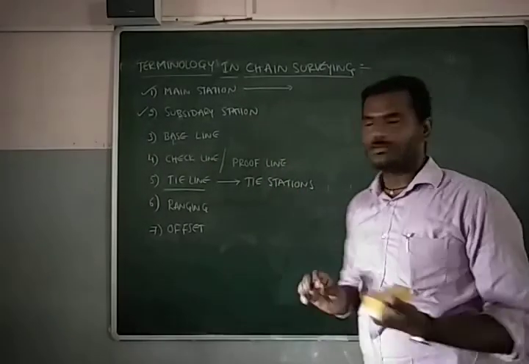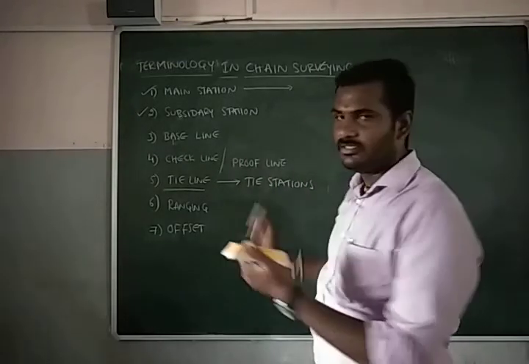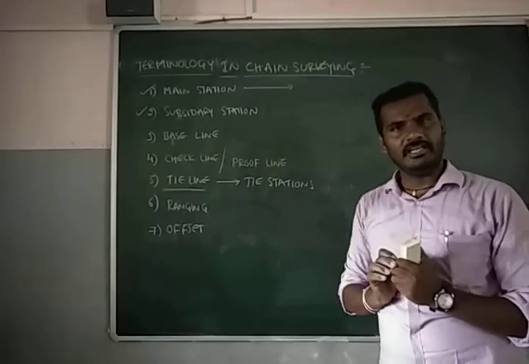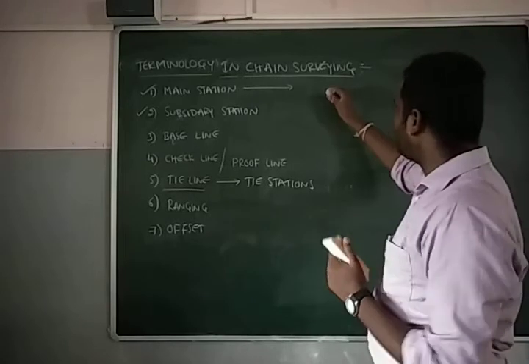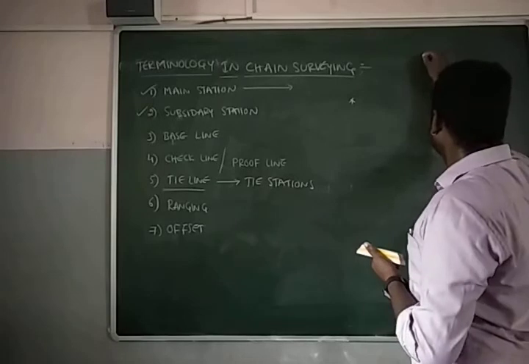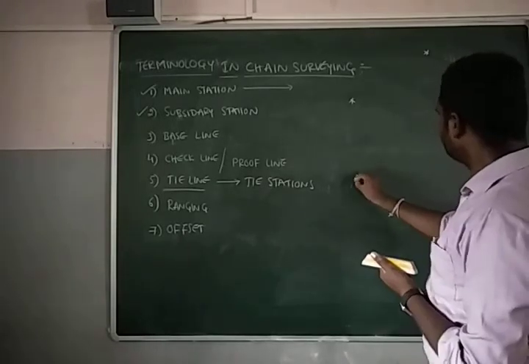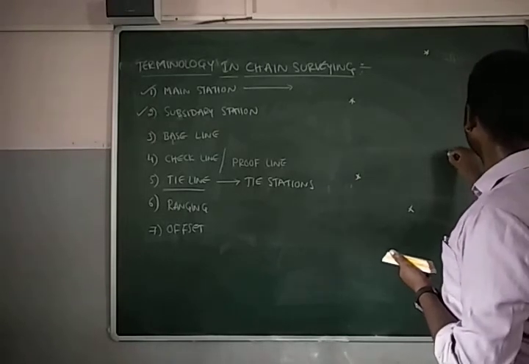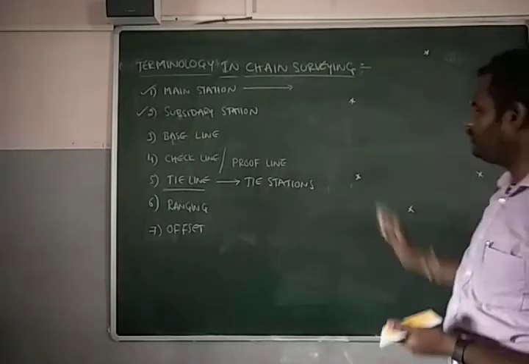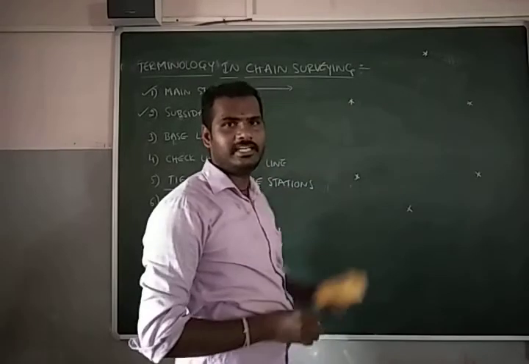For example, I am going to give you a common example for all these terminologies. Let us consider that I am going to calculate the area of a particular land. Generally, which has boundaries? So let us consider I have a boundary here, I have another boundary here, and somewhere else here. So these are the points.